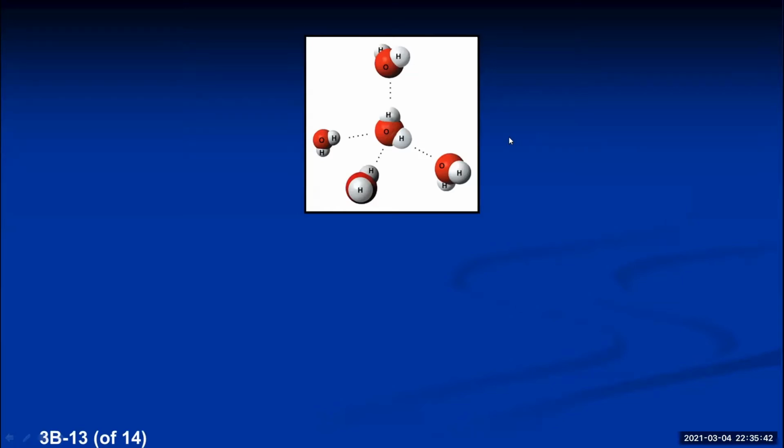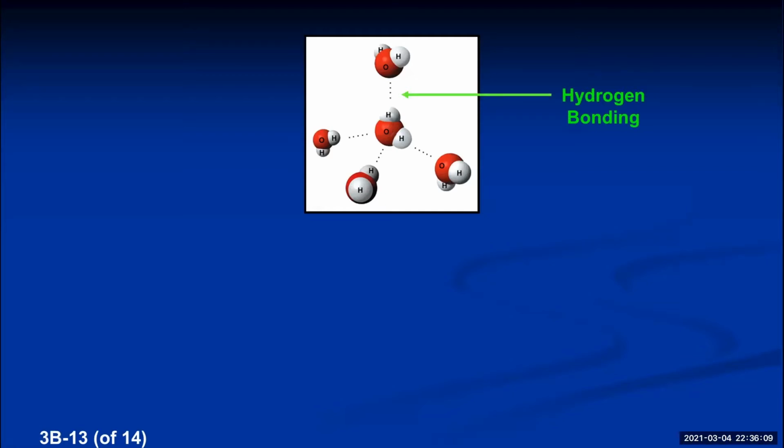When I get to test 3 and I ask you, where's the hydrogen bond in the picture? Like, where's Waldo? A lot of people will point to this. Oh, there's the hydrogen bond. That's the O bonded to the H. No, that's called a covalent bond, okay? The hydrogen bond is an attraction between one molecule and another molecule. So it has to be a hydrogen that's bonded to an O, N, or F with an O, N, or F in a neighboring molecule. These are the hydrogen bonds, okay?